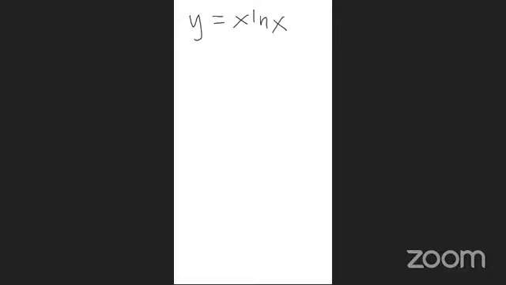We can use the product rule in solving this. Let's say this is u and this is v. So, y prime is equal to the derivative of u times v. The derivative of u is 1, so 1 times ln of x,